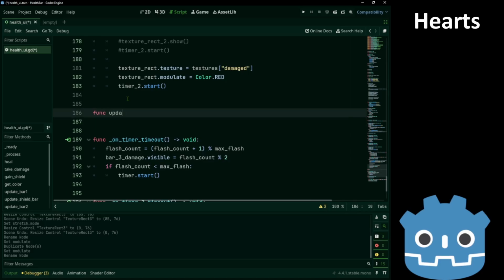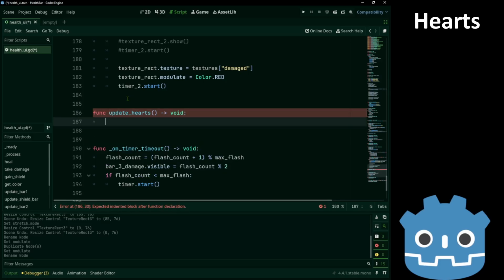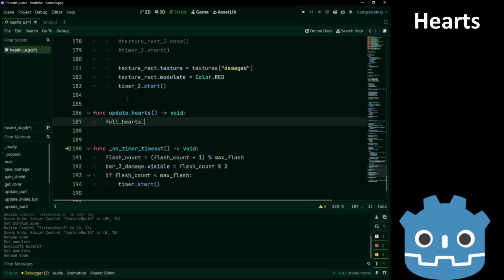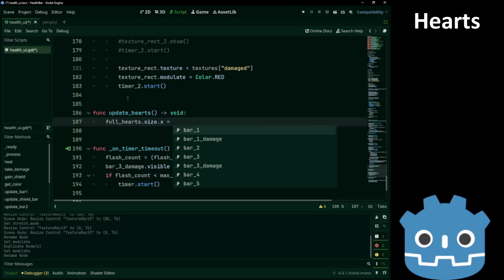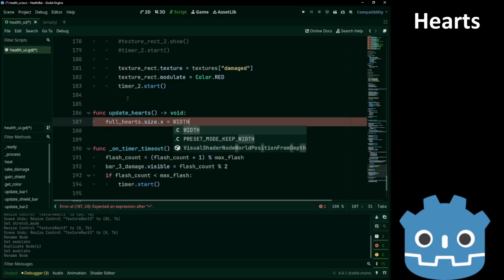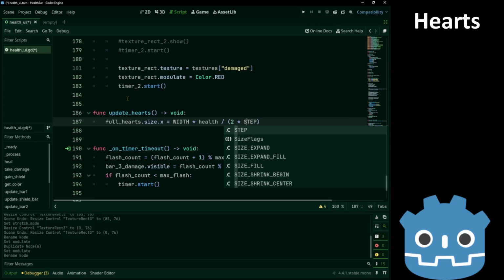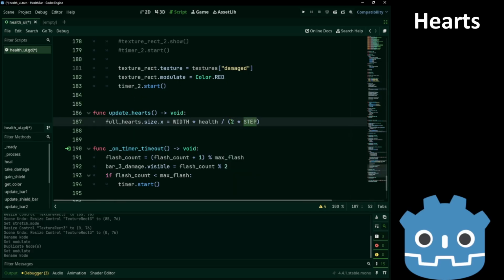Now func update hearts. We'll only change the full hearts, so change the size, width times our current health divided by 2 times step. Step is 10, so this will be 20.